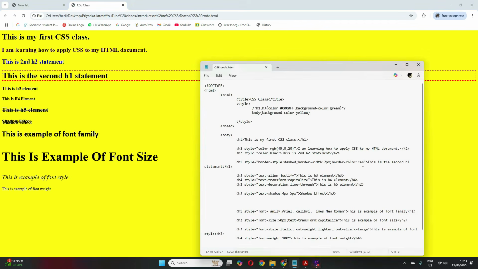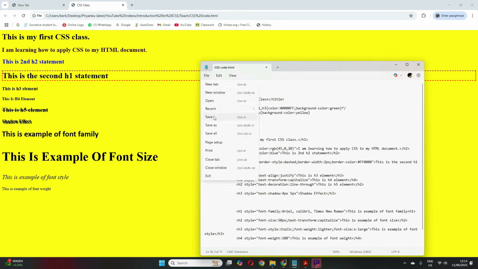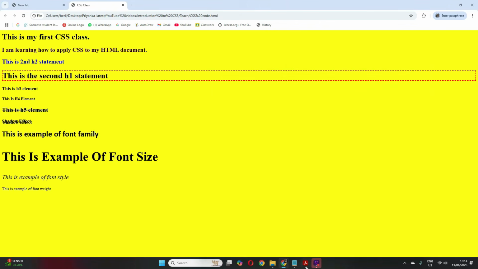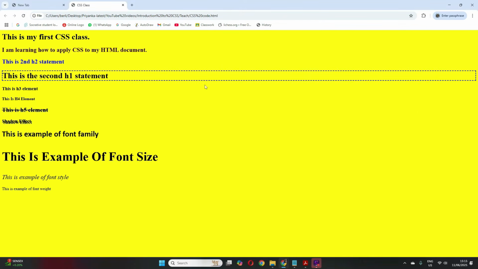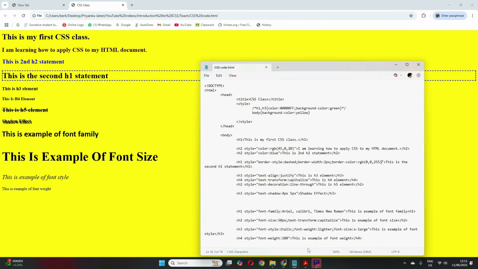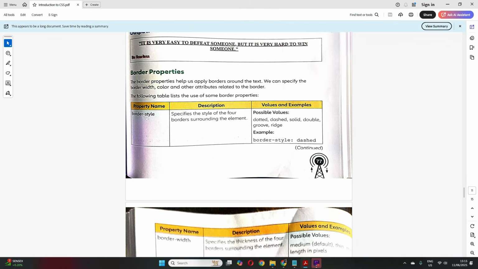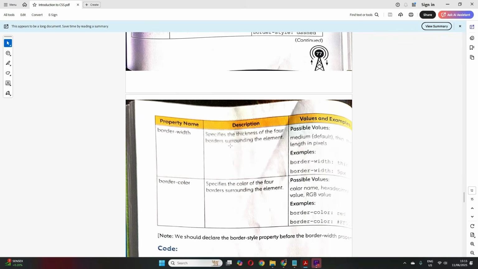Now this red you can specify in 3 ways. If you remember, previously I told you this is the hexadecimal way you can represent it, or you can represent it in an RGB function. Remember RGB 0, 0, 255, correct? So you can give it this way. This is the color of which color? Blue. So we can specify this way also. So very simple border property. So we have 3: border style, border width, and the border color.